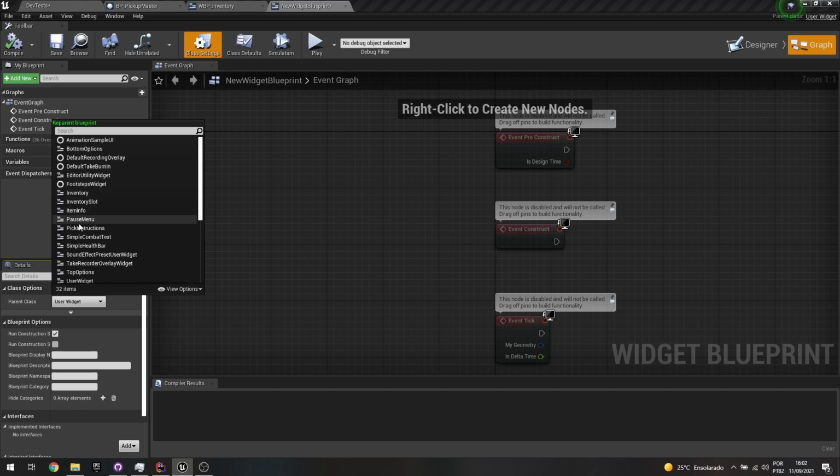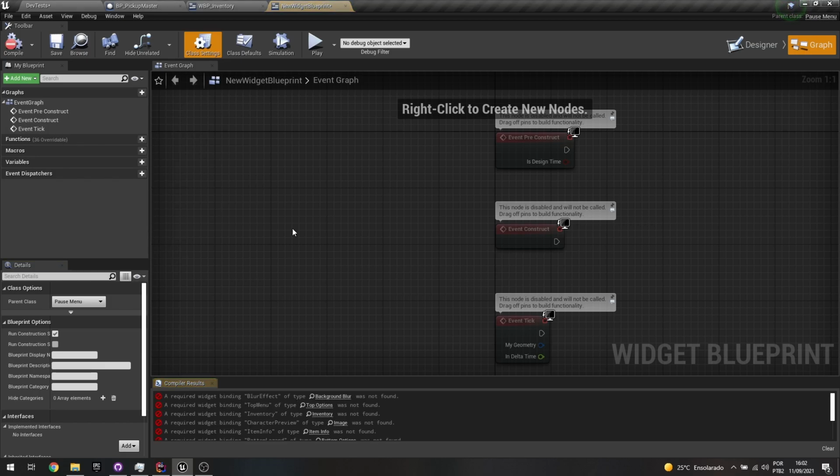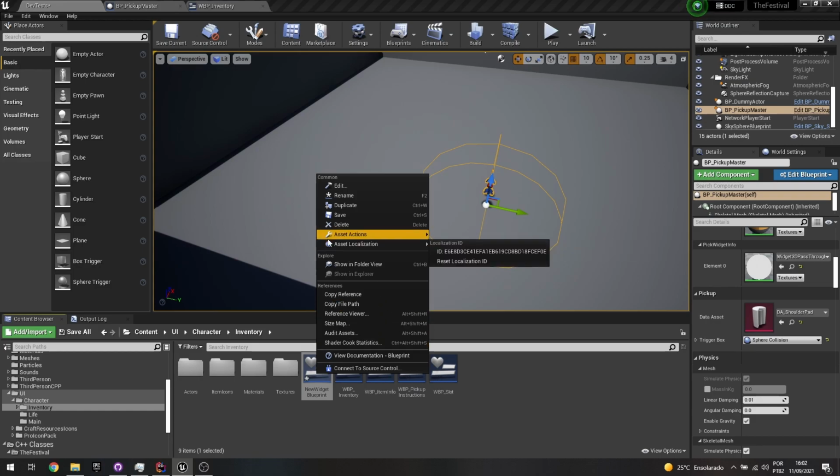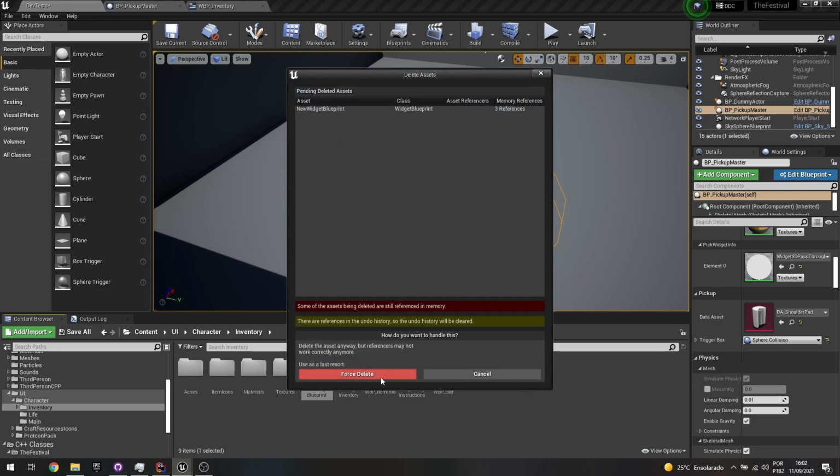Like those are all pause menu. Those are all my C++ classes, and I can always change that way. You can see that now it's going to compile with an error, but I'll show you why it's compiling with an error in a few seconds. Because there are a few requirements that I set up in the C++ class for that class to actually